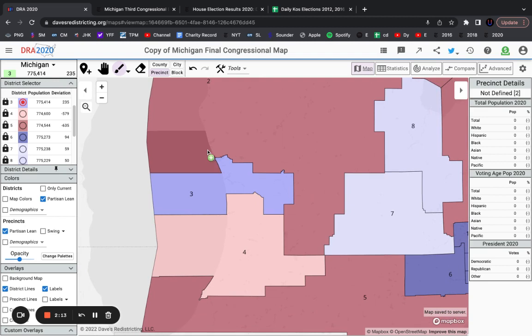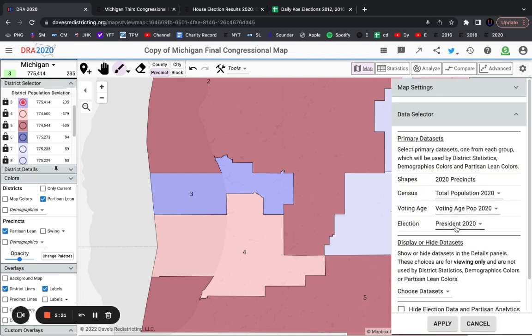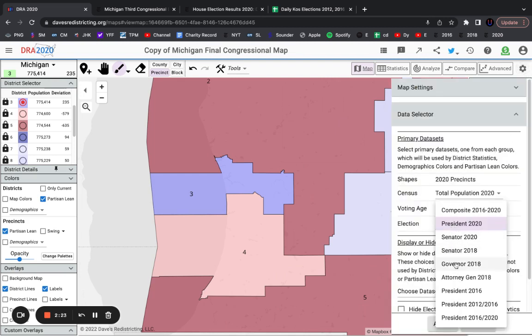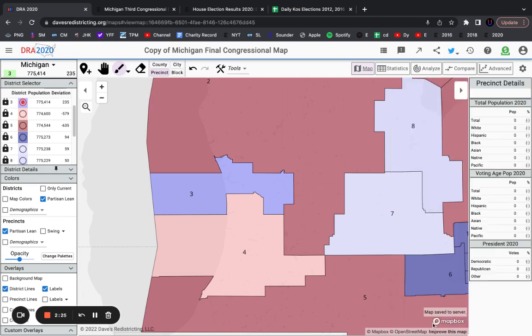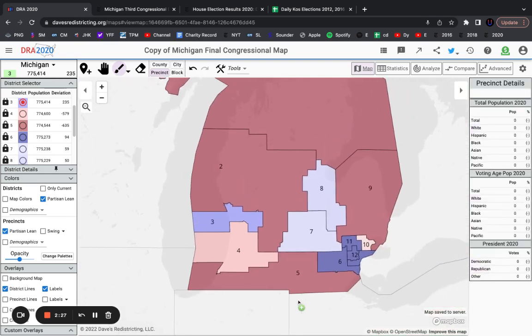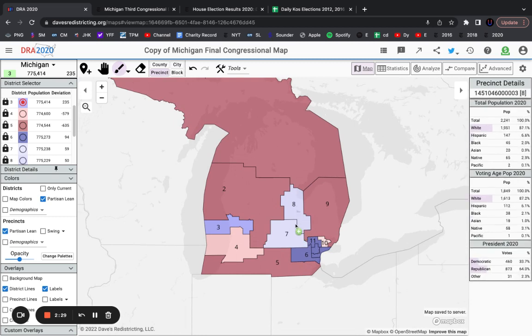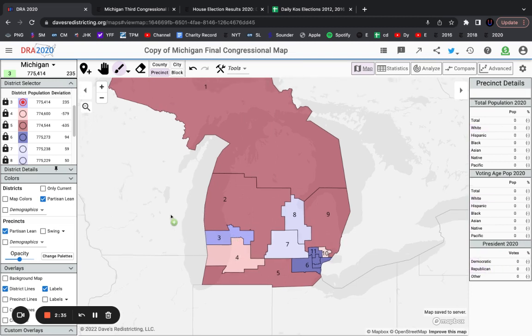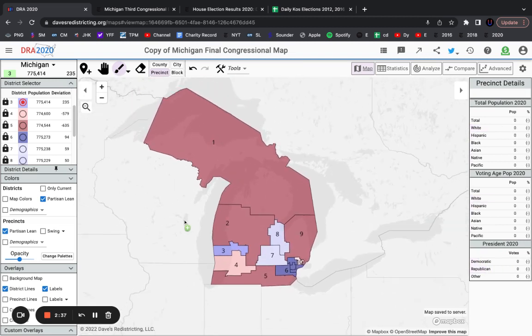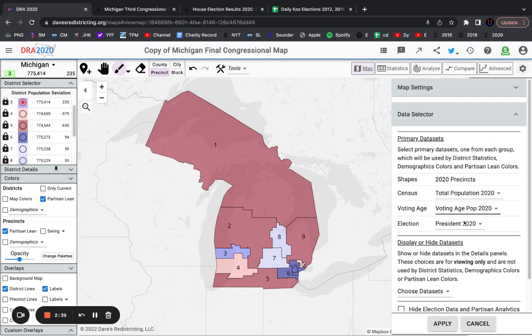So first of all, this is a seat that is very, very left trending, and the best evidence you can give to show how left trending this seat is is just taking a look at the 2018 governor's race. So actually, we're going to zoom out before we do this. So as you can see, Joe Biden had a decent showing in Michigan. He narrowly won the 7th and 8th district. He narrowly lost the 10th district, came kind of close in the 4th, but he did pretty well in the 3rd. And so, he won the state of Michigan by just under 3%, which was a decent but not amazing